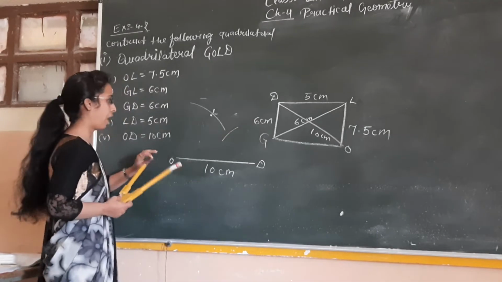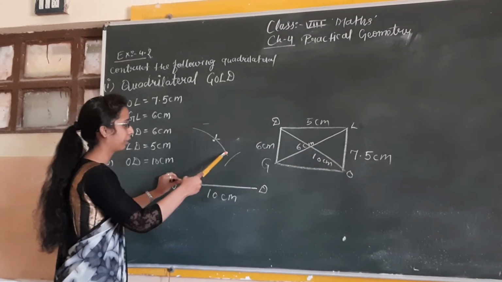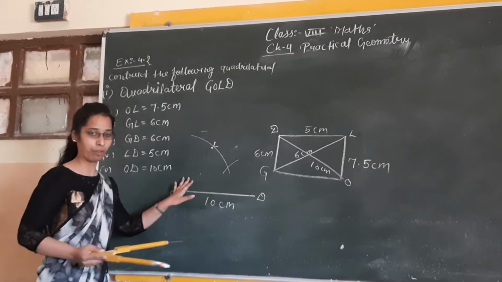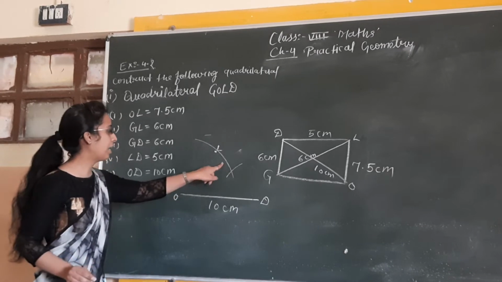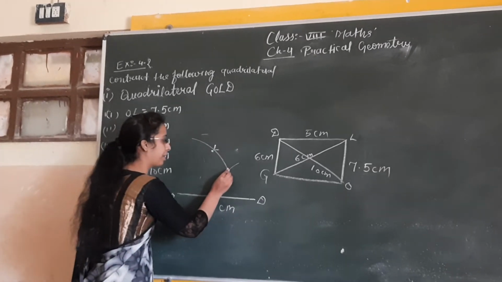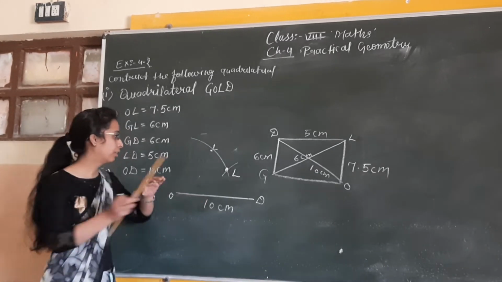Okay. And after that we know that these are not intersecting. So we have to increase this line. We have to increase this line from some point. After that, which point is OL and DL? That means this point is L. Now I have to join OL